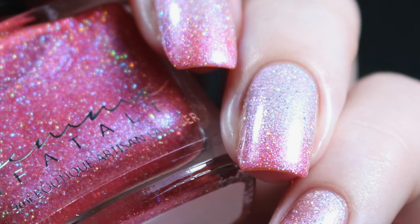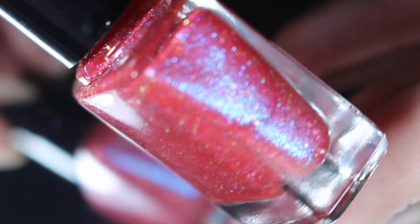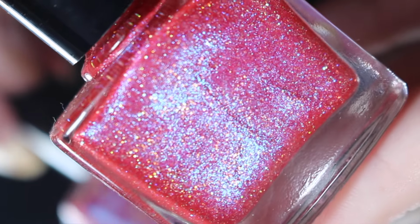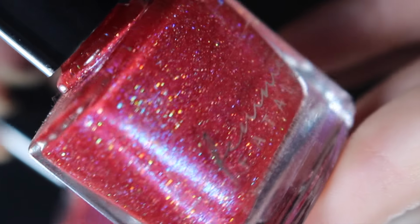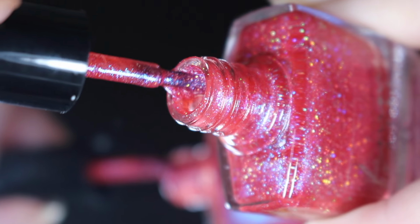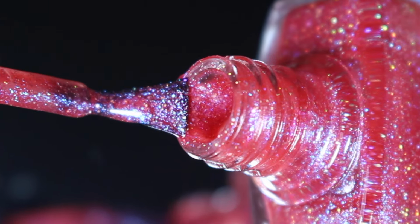So next up is Venusville, and this is described as a clear to pink thermal with a warm to cold effect with blue shimmers and silver hollow micro glitters. So this is a really cool combination. It is a thermal polish, so it's going to react to your natural body temperature as well as whatever you put it up against. So I'll show you a brush shot, and I'll show you how Venusville swatched on my